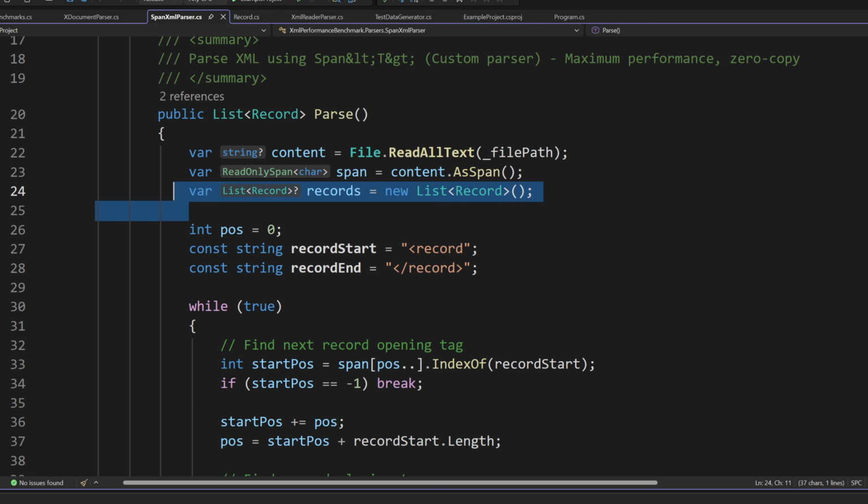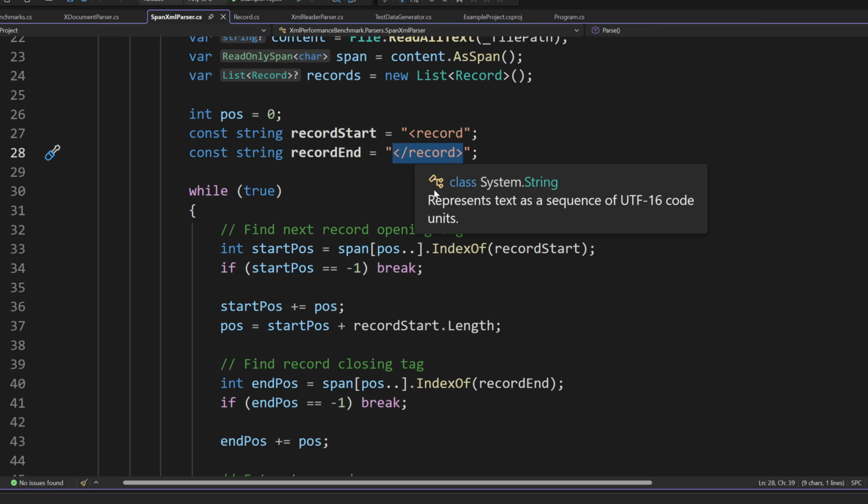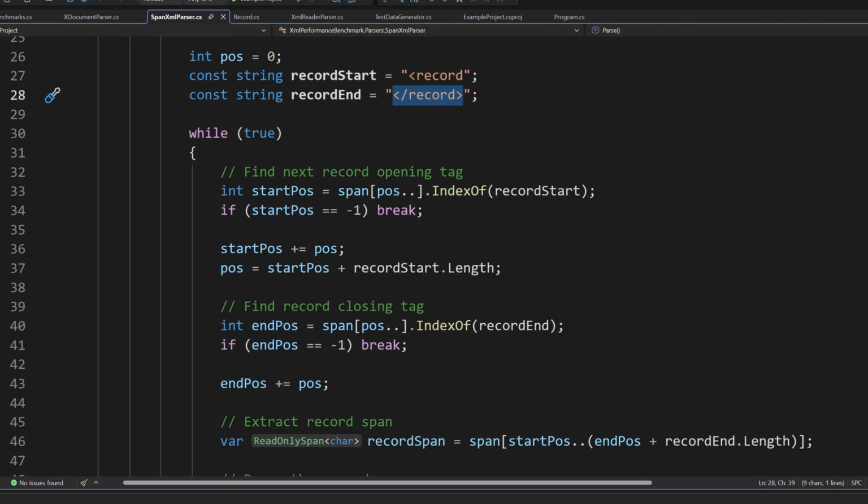But then we do actually need to convert it to a record. The record, whatever it may be, we need to convert it. And then we have this interesting thing, record start and record end. So these are essentially your raw elements in your XML file. And this doesn't have to be a record, this could be anything else. But then we're just